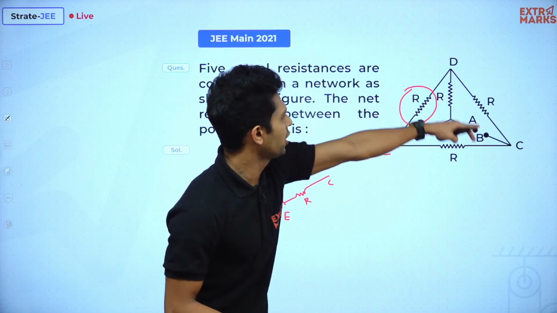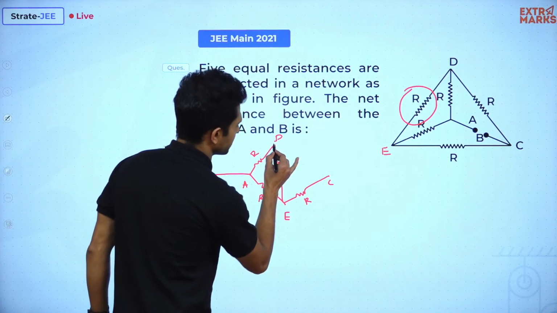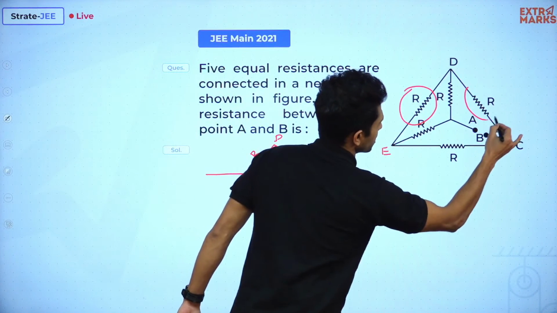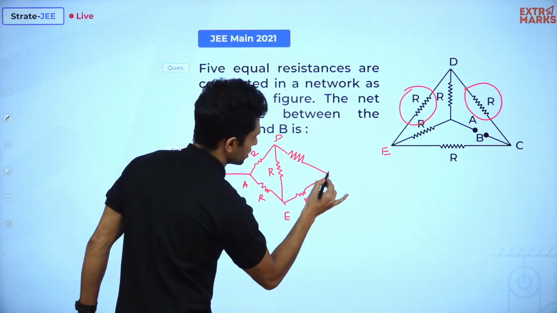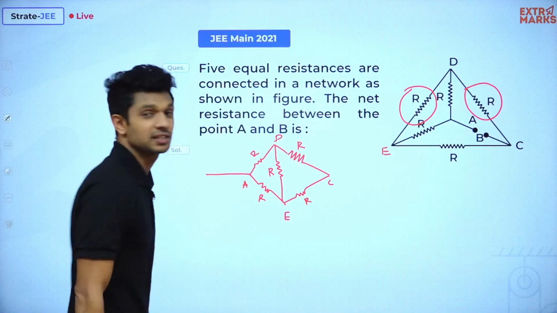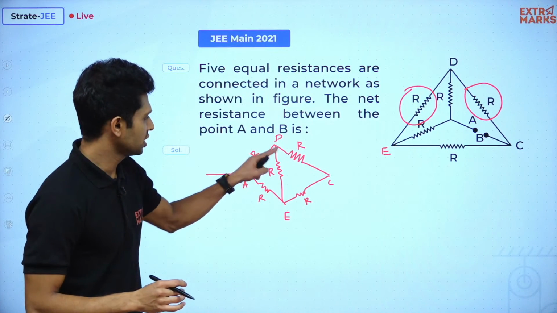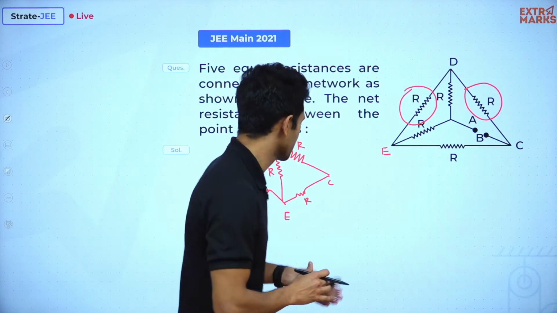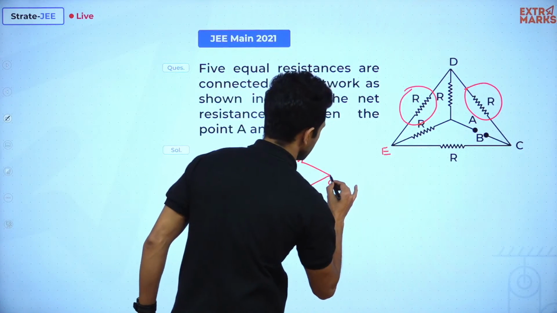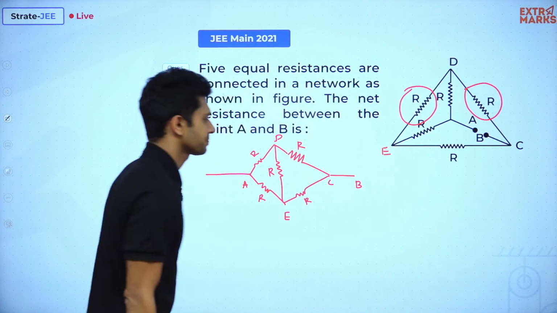Right. So from the point D to the point C, we have another resistor connected over here. This one we are talking about. Mark it. Yes, this is another resistor. So 1, 2, 3, 4, 5 resistors are marked here. And the point C, as you can see, is connected to the point B.